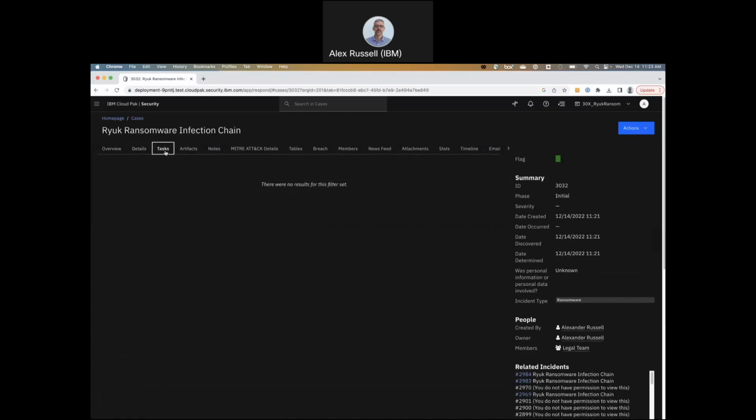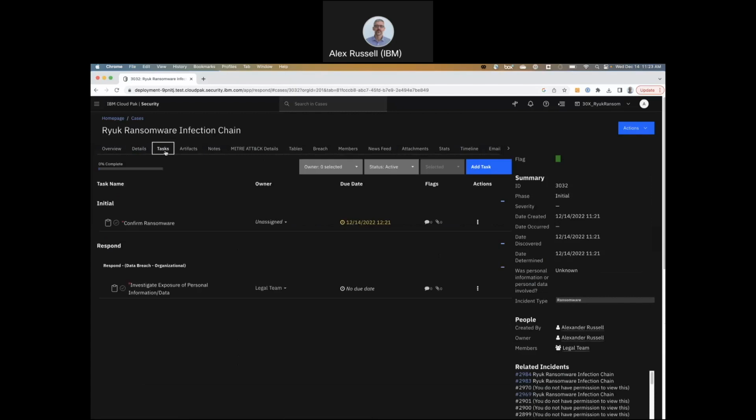I'm clicking Tasks. Don't be deceived if the view shows there were no results for this filter set or something similar, because after a moment that's automatically loaded with current information. Tasks are things necessary to close the case properly. Some tasks are automated, while others have manual interaction and require decision-making. Tasks are built dynamically from the playbook that's in use and vary according to the threat and our findings as